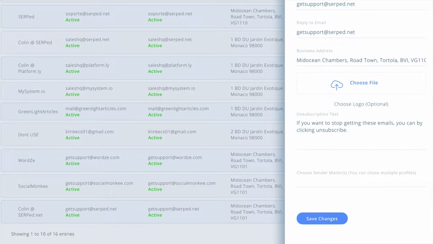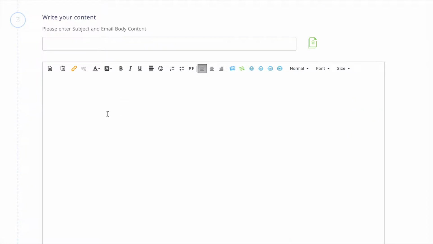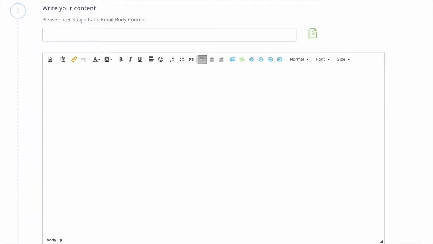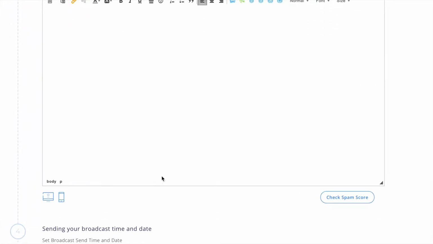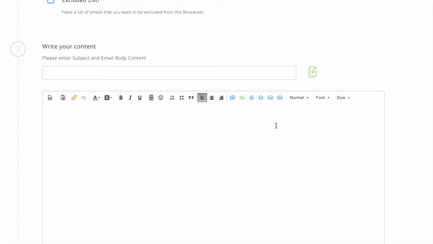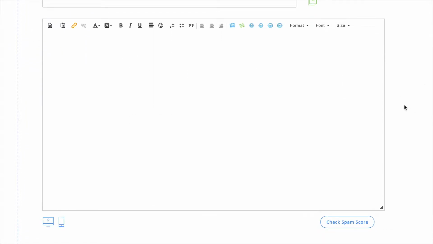So in this video, we're going to have a look at how you can customize your footer so you can remove the default footer where we have your business address and your unsubscribe content. Normally when we send out an email, we add that automatically to the footer of the emails. But you might be using a template, so if you paste in source code in here with the template design, or you might want to put it in different places, you can do that.